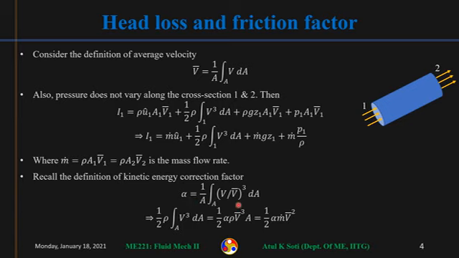Okay, so alpha will be this. From here you can see this integral, half rho v cubed dA, is just the kinetic energy at section 1, for I1. I can write it like this, and then from here I can extract the mass flow rate also. So rho v bar into A will be the mass flow rate. So I can write this as half alpha m dot v average squared.